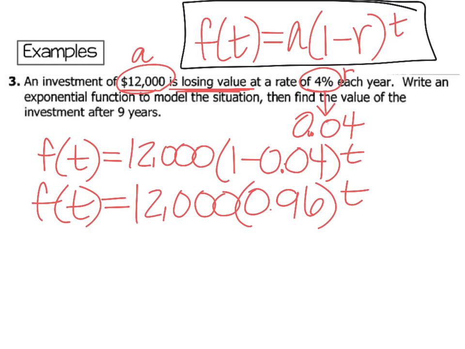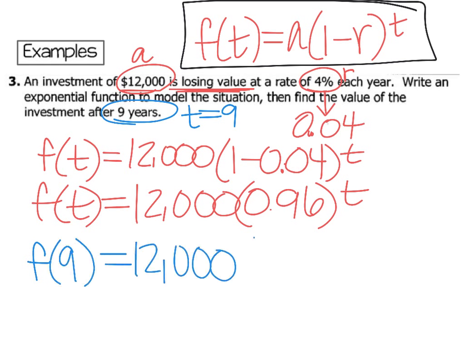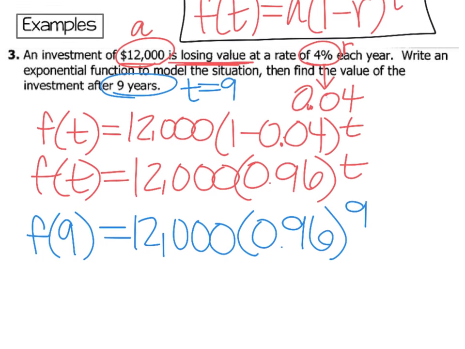Now we want to find the value of the investment after 9 years. So when t equals 9, after 9 years, what is the value of our investment? Okay, so we would say f of 9, t is 9, equals 12,000 times 0.96 to the 9th power. Then we're going to let our calculator do all the work. We just plug in 12,000 times 0.96 to the 9th power. And we get that the value of our investment after 9 years, when it's losing value at a rate of 4% each year, is going to be